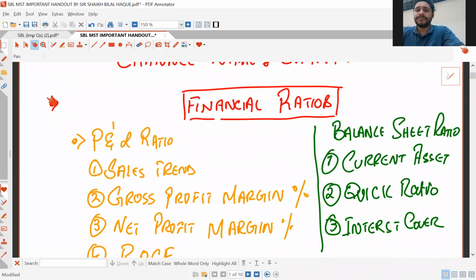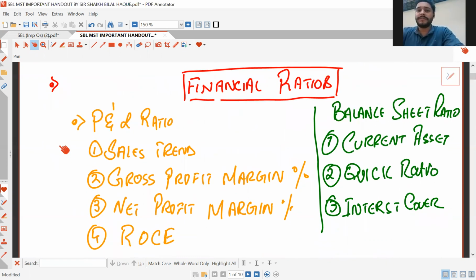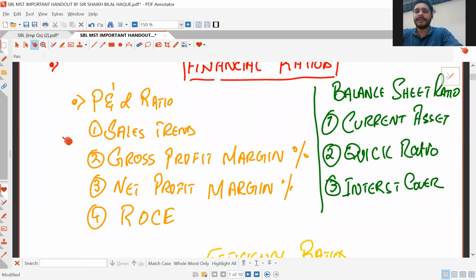Firstly, you need to go through some of the financial issues. Make sure that you have a very good revision of these financial ratios, specifically the profit and loss, sales trend, gross profit margin, net profit margin, and return on capital employed. These are specifically the ratios that relate to the profit and loss statement, that is the income statement. Then if I talk about the balance sheet ratios,